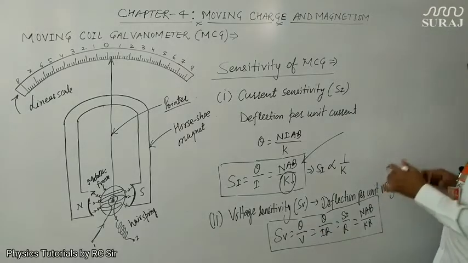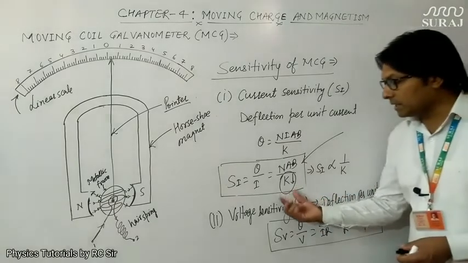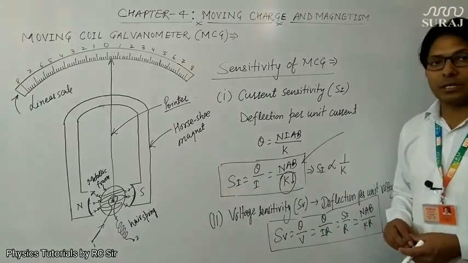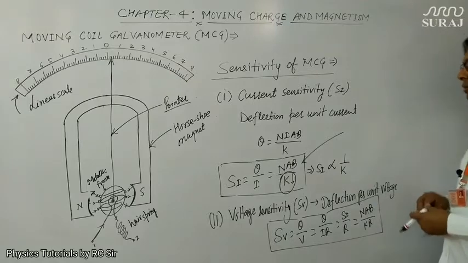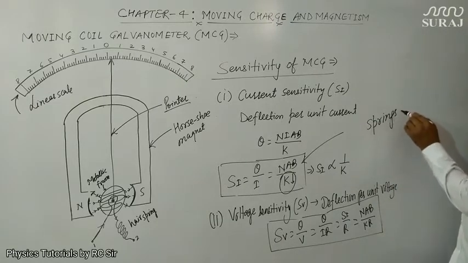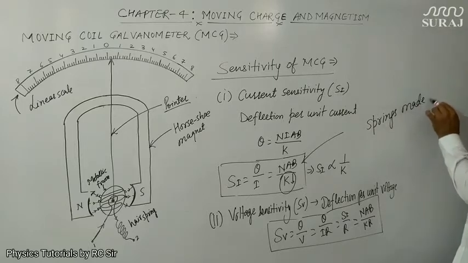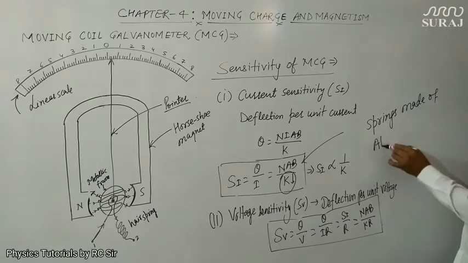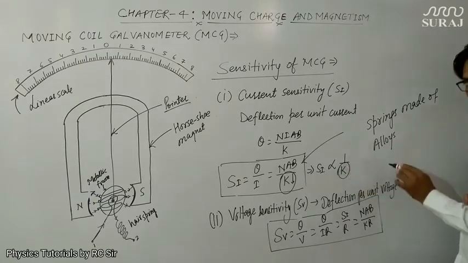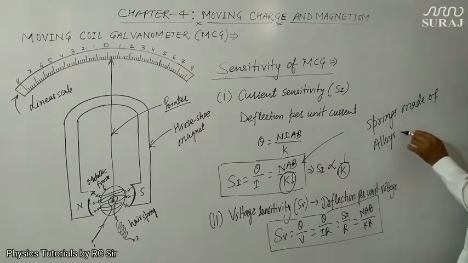So for better sensitivity of galvanometer, we normally use springs made of alloys which have a low value of spring constant, and the suitable alloys are